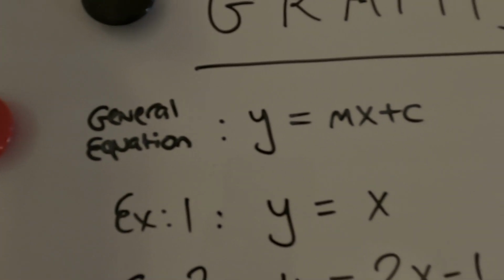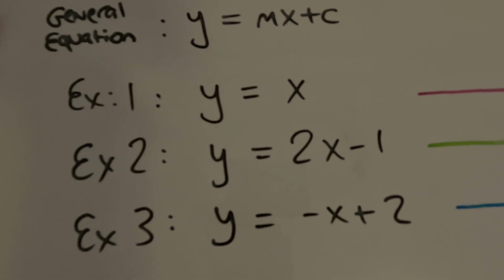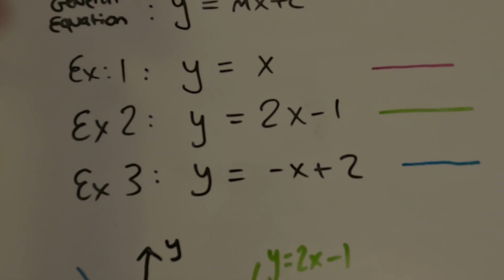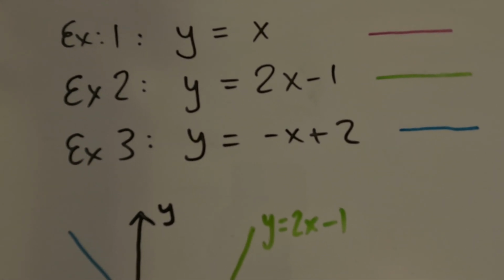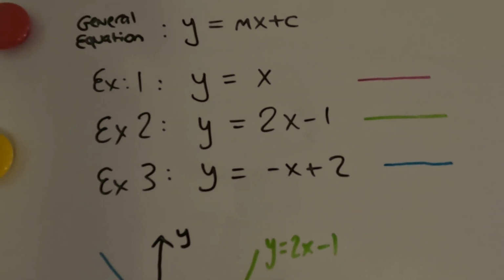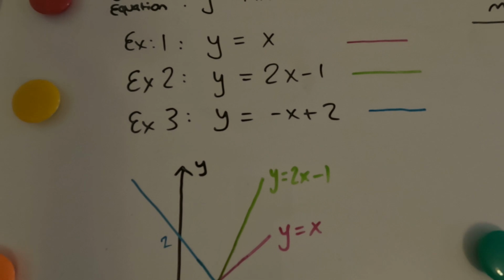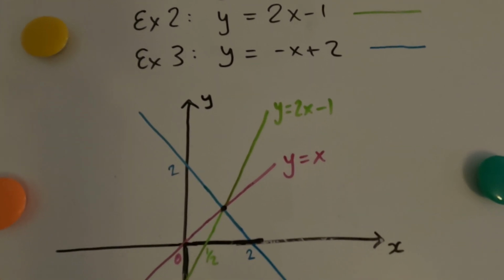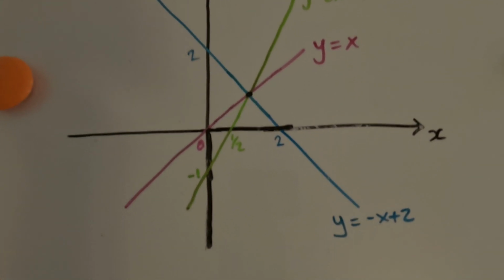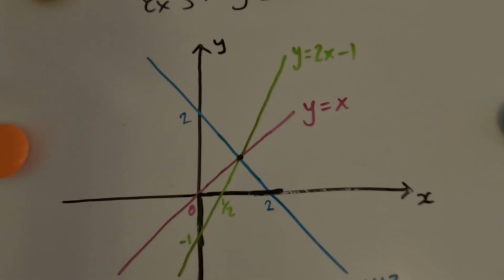So that's the general equation, and we've got three examples: y equals x, y equals 2x minus 1, y equals minus x plus 2. And now we want to try and draw these on a graph, sketch them. You can use graph paper, or you can just draw them on a board or sketch it on your jotter. So I've sketched them here on the board